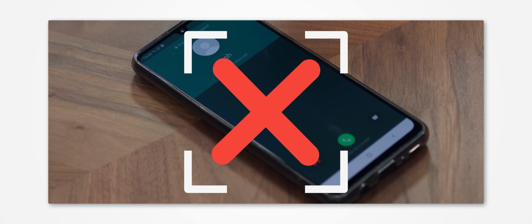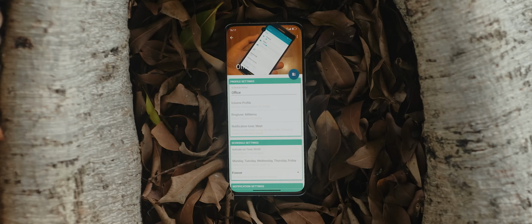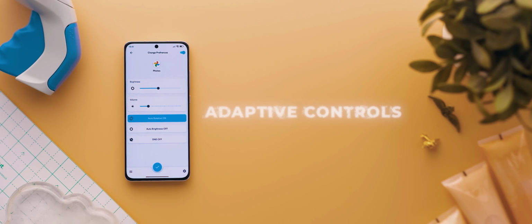can customize virtually every aspect of your system volume: the ringtones, the volume levels, and whether the phone vibrates or not. With your profiles activated, you can then sit back knowing your phone's system volume will change automatically whenever you need it to. And if you thought that was cool, then you're gonna love the second app on today's list,